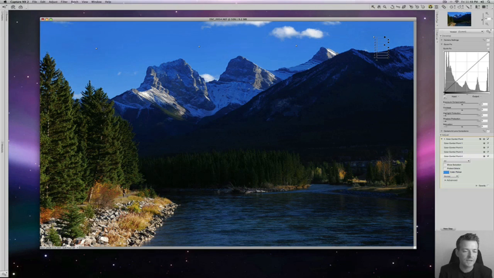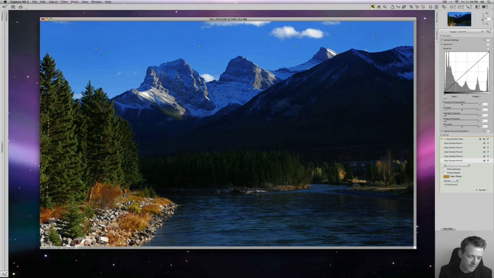Color control points use amazing U-point technology, which takes into account more than just the radius of the point. It also takes into account the shape and color area as well. So it's very intelligent in adjusting these adjustments. So I'm going to select an area here, and I'm going to darken